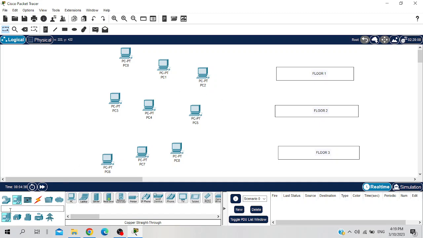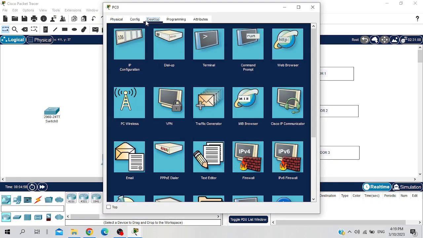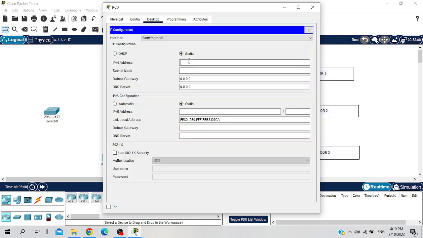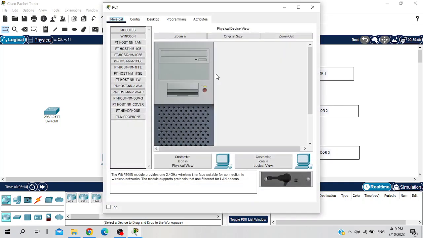Now, firstly, I will be connecting all these devices in a network using a switch. So here I have taken a switch, but for establishing the connection, I need to assign IP addresses to each of the devices. For the first one, I will be assigning it an IP address, say 198.168.56.11. You can assign any IP address you wish. It will be static, so it will not change. Similarly for this one,